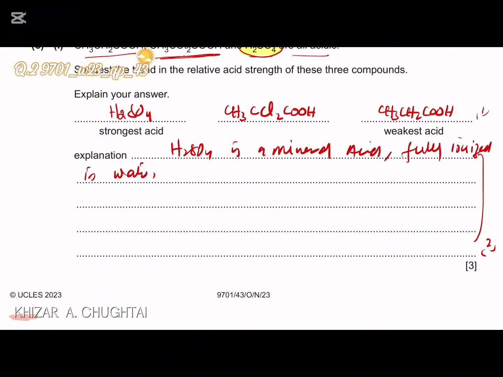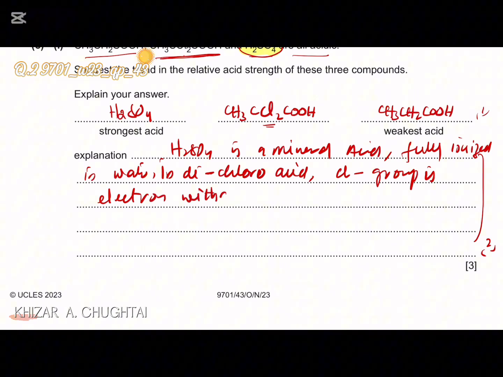Next, this one, the dichloro acid. Basically, in this dichloro acid, the Cl group is an electron withdrawing group